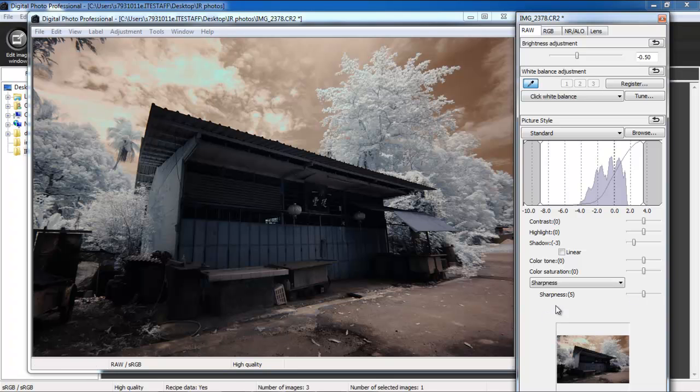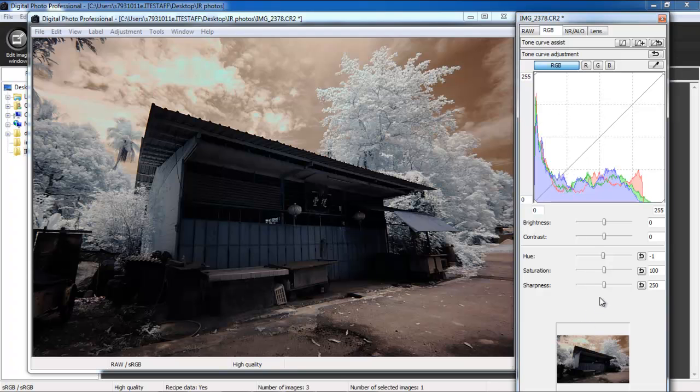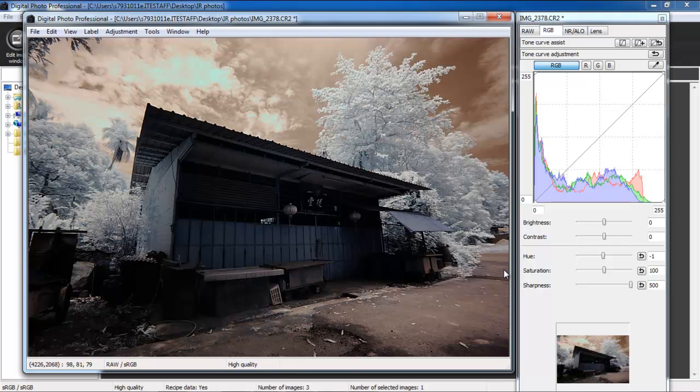I would recommend you sharpen the image further, because in IR photography, the vegetation leaves appear to be glowing, so they kind of lose sharpness. So it would be good to drag the sharpness over to the strongest side. Maybe I just need some more editing, and RGB as well, sharpness. So this is almost perfect